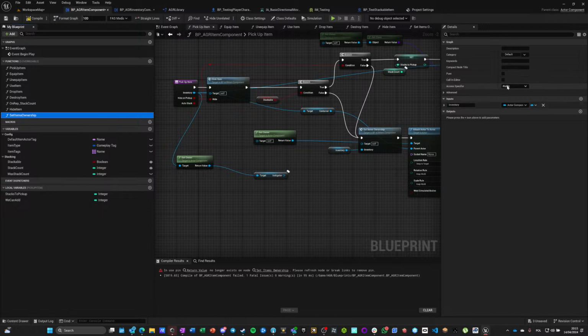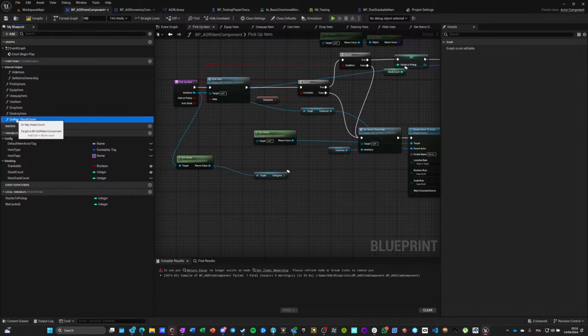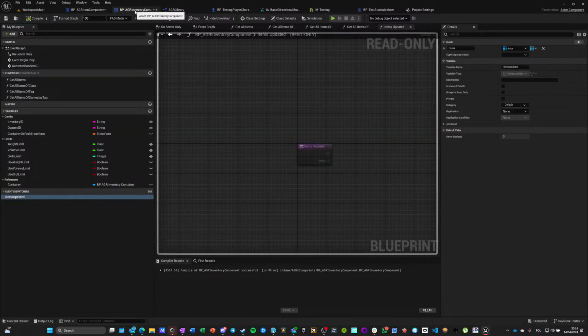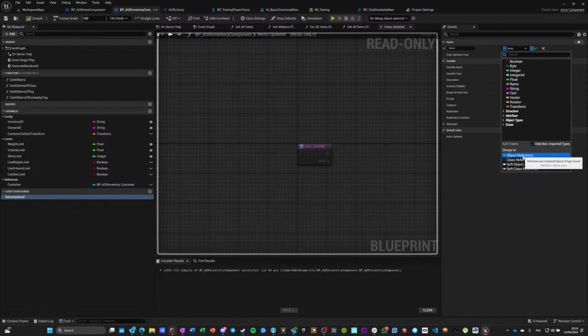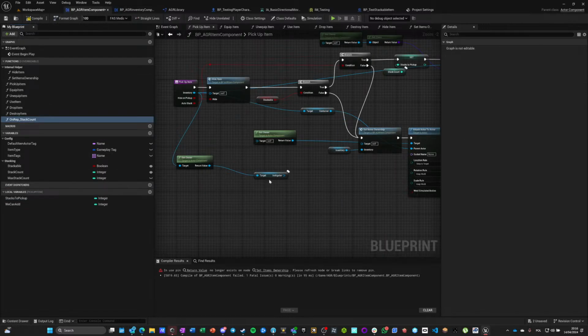And this is helper function, internal helper. And hide item is also internal helper. And on rep stack count, we are going to call item updated, and this is going to just take object reference, but single object reference. Sorry about that. So we want to go here, and every time